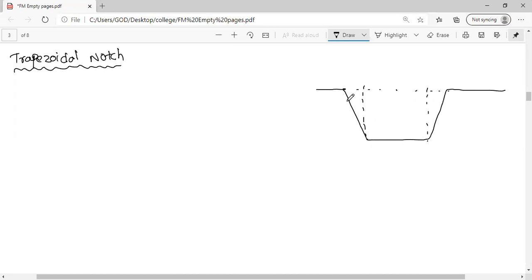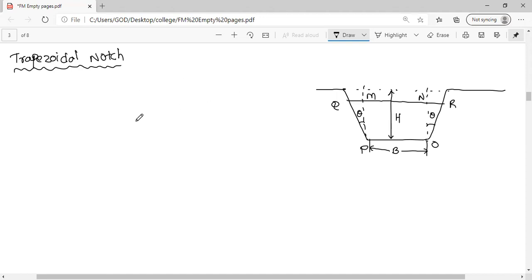So in this, I have considered a small section here somewhere. Let's take this point as Q, this point is P, this point is M, and this angle is theta, and this angle also theta, and this point is R, it is N and it is O. The distance between these two is B, and the distance between these two heights is H.